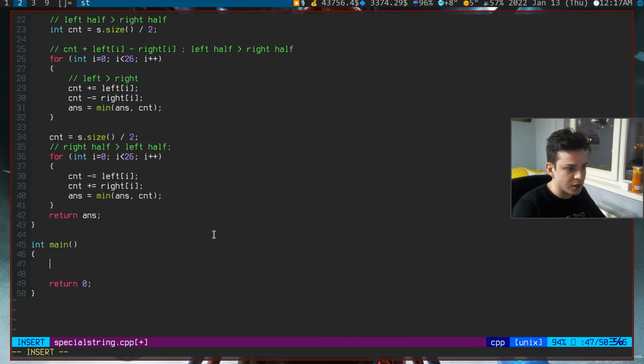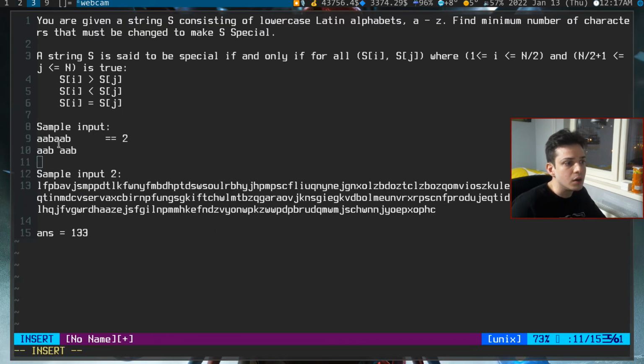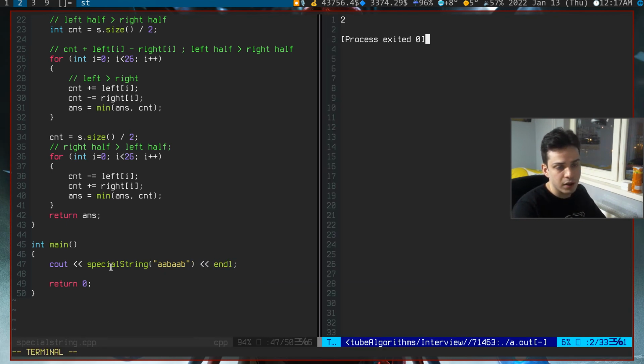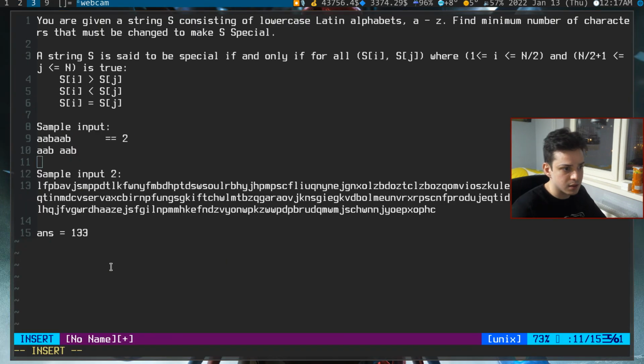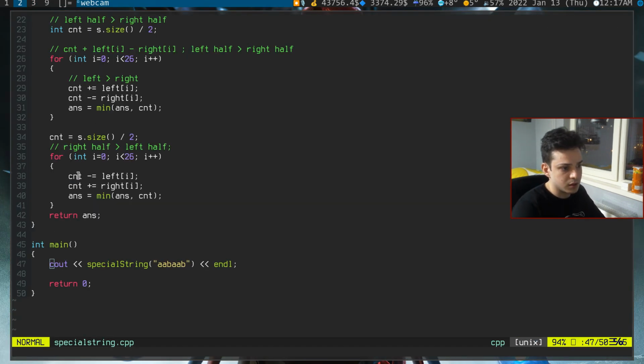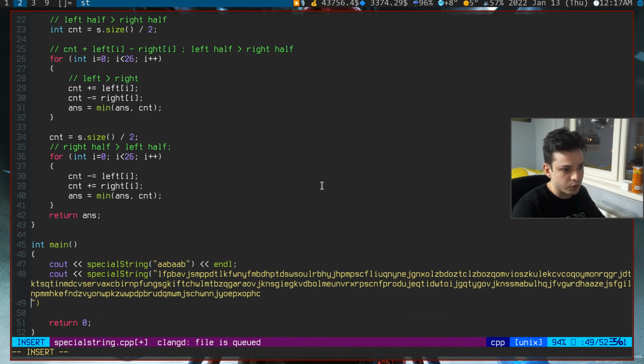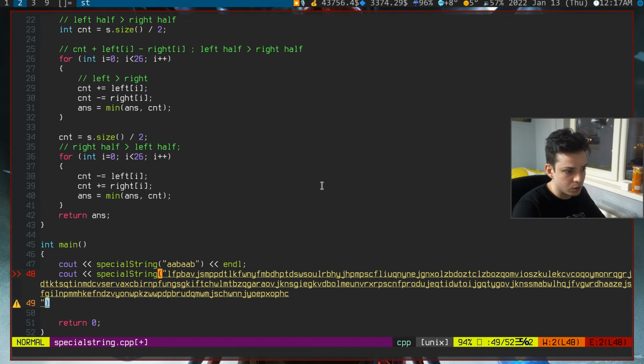Alright, so let's try it now. AAB, this needs to be equal to 2, so I'm calling special string AAB, and I'm inserting a new line here. As you can see, we've successfully got the answer. So let's try this bigger input now. Let's copy it and see the special string of this long value,